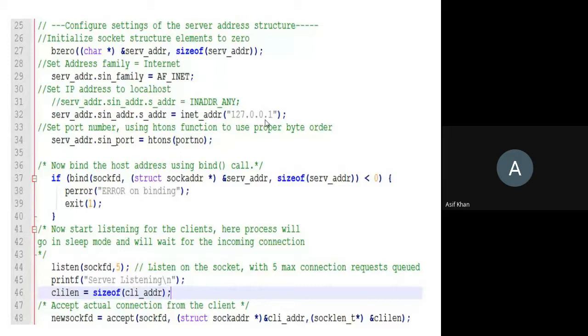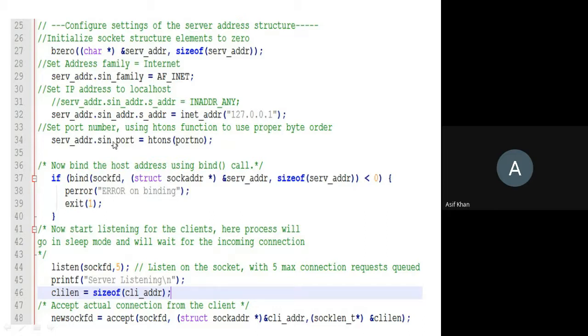The IP address of the local server means the same computer will act as the server. You may also use the specific address of the same computer here, or you may use INADDR_ANY. If you use this keyword, it will automatically take whatever IP address is there for that computer.